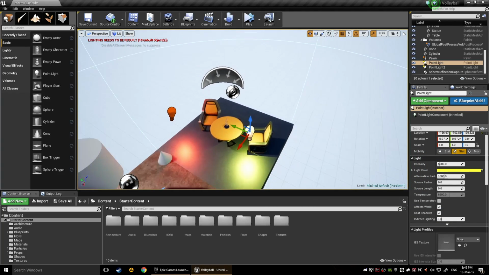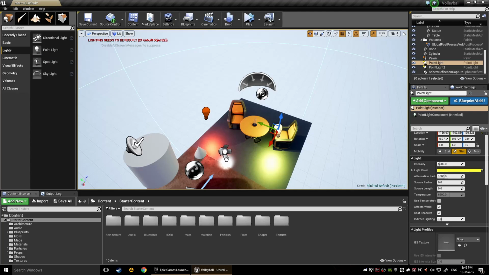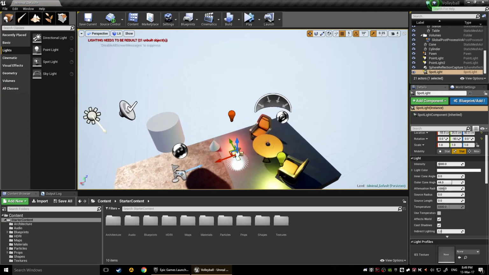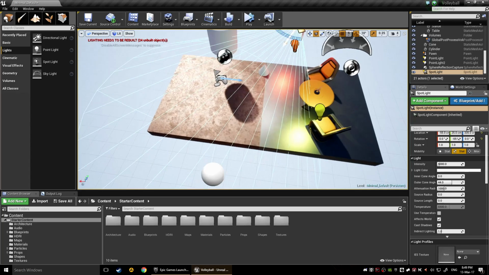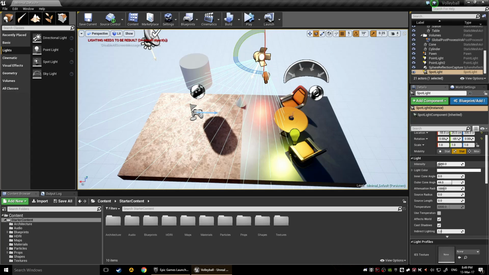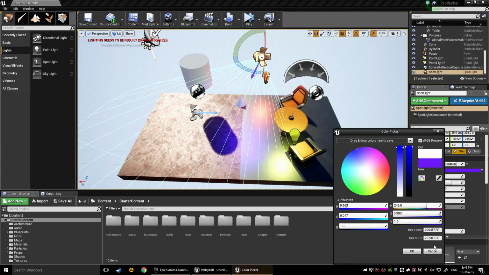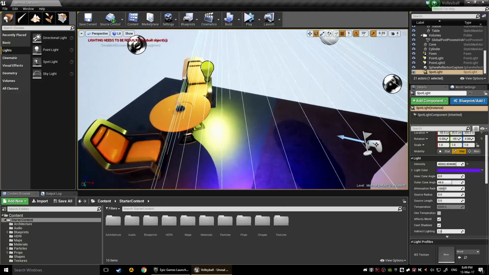So when it comes to lights, you'd probably be better off taking a look at this pane here. So if you've got a spotlight as well, spotlight is another type of light where you basically rotate it, and you can increase the intensity of it or decrease the intensity of it. Obviously right now you can't really see much of the effect it has, but once you bump up the intensity and maybe change the color to blue, you will quickly see